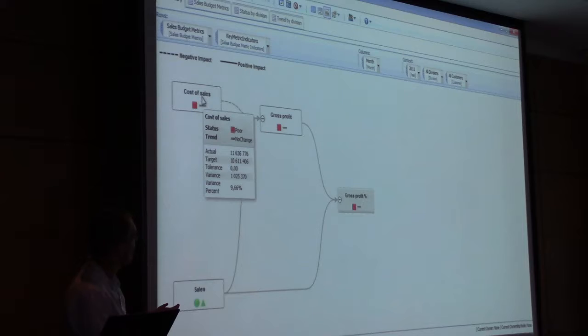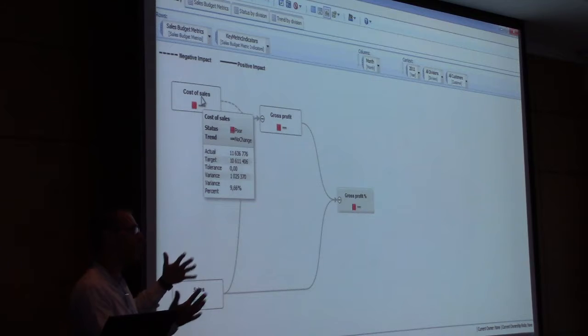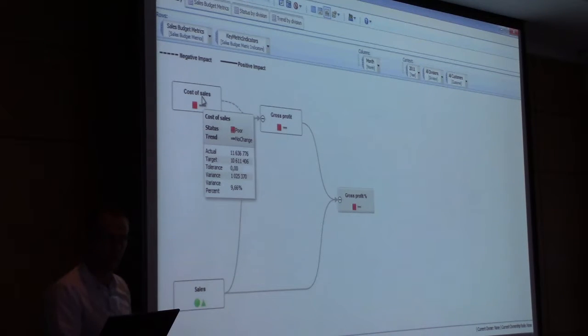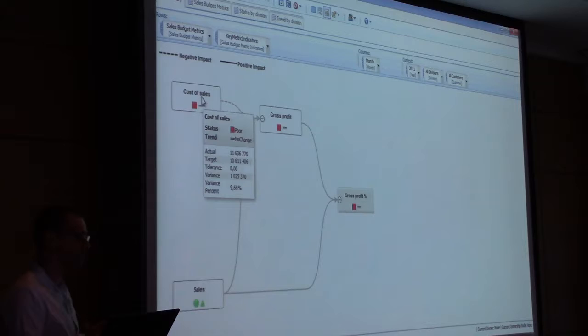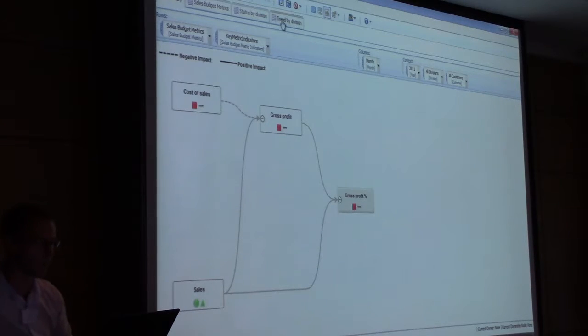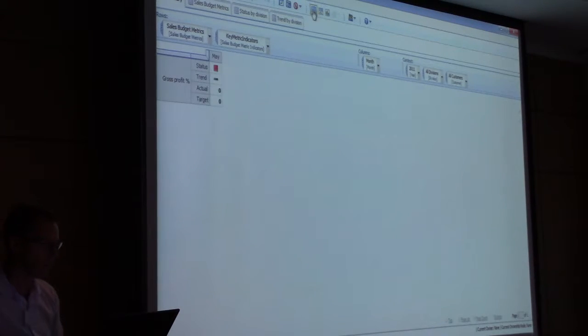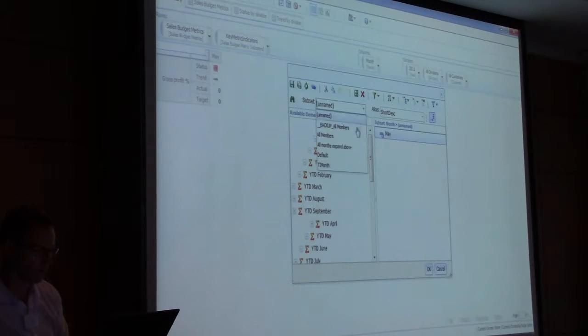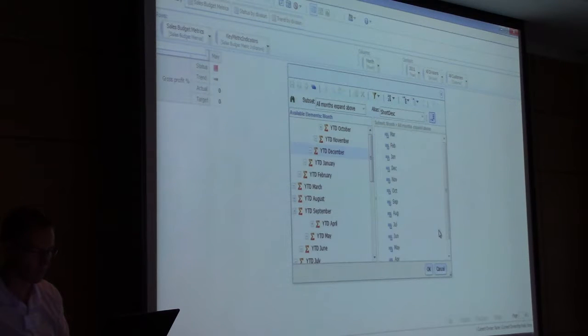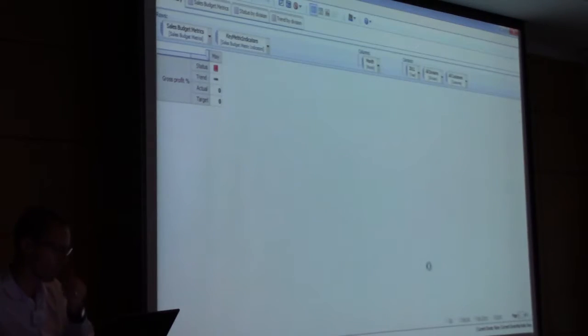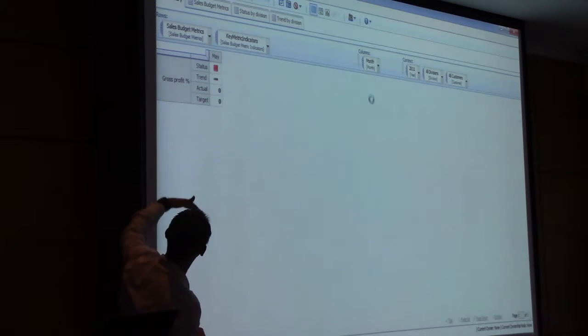So that for me is the phase 2 of scorecarding, where you're going to build these impact diagrams and balanced scorecards. But I think the thing that you'll be able to implement relatively quickly and relatively cheaply is the ability to show per, so let me just do this here. Let's put that back in. So the ability to go per month and get a big picture view of how things are going.